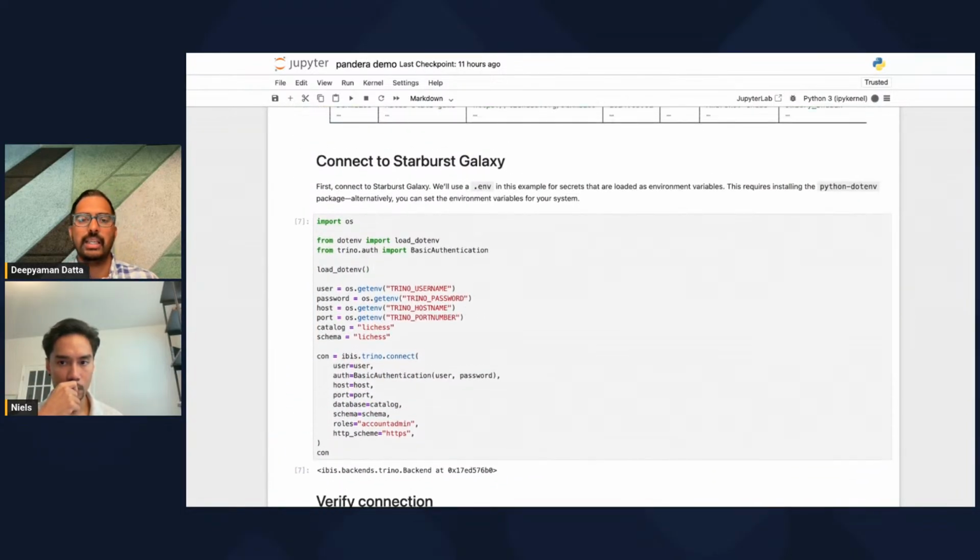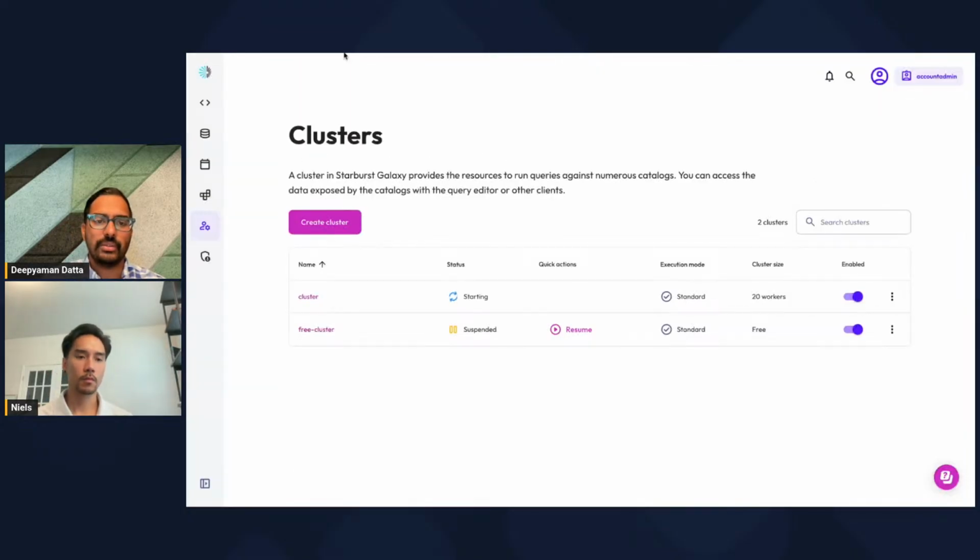Starburst Galaxy is a managed platform where you can run Trino, which is just another execution engine framework. It works on large scale clusters. So you can see I've got a cluster set up within my environment, and I've got 20 workers on this cluster.